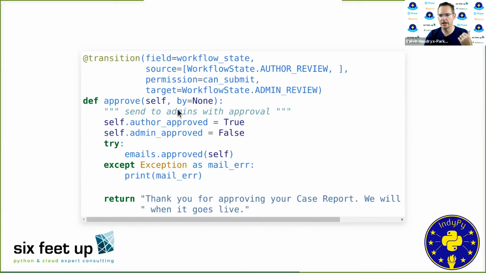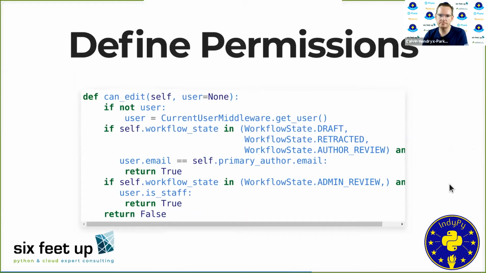And then when they actually action that workflow, if this is all successful, it will end up in the admin review state automatically. And along the way, we can do things like flip some Booleans on our model, and we can also attempt to send an email with notifications. These are all kinds of things we can have happen inside that transition. And there are other ways we can do things like send emails, or hook in third-party packages that can listen for these state changes. And I'll show you how that works later in the presentation.